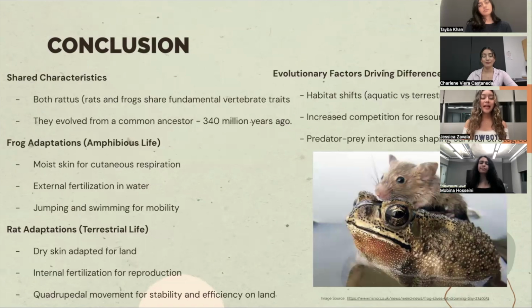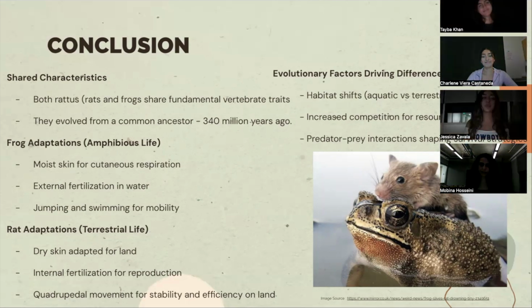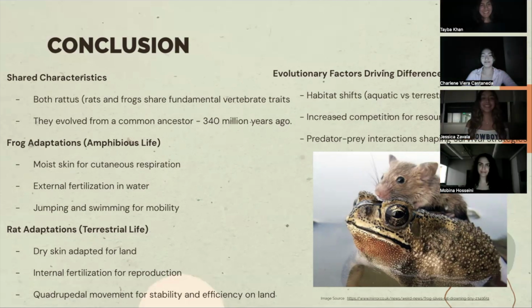During our comparison analysis, we learned the rat and frog share fundamental vertebrate characteristics, but have evolved unique adaptations reflecting their different environments. Frogs exhibit features suited to amphibious life, for example, moist skin, external fertilization, jumping and swimming. Meanwhile, rats show terrestrial adaptations such as dry skin, internal fertilization, and quadrupedal movement. Their evolutionary diversity, starting from a common ancestor 340 million years ago, is due to habitat shifts such as aquatic and terrestrial, increased competition, and predator-prey interactions, leading to distinct traits in each